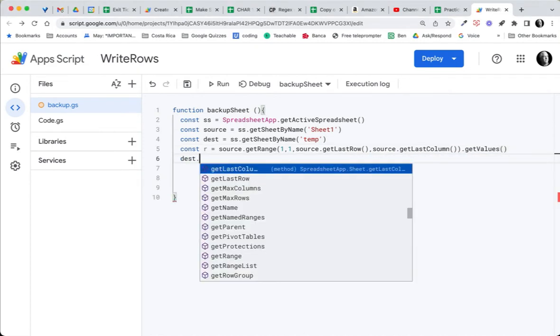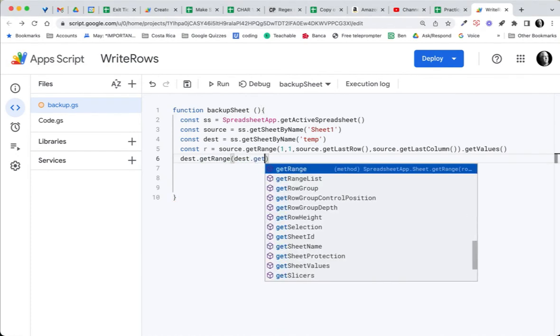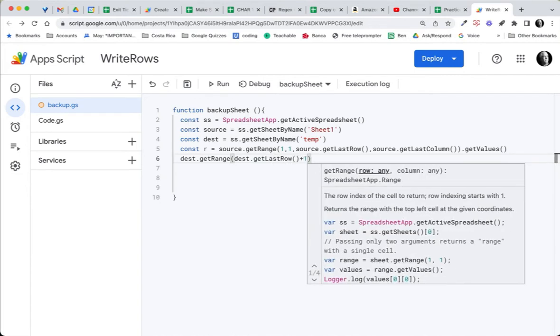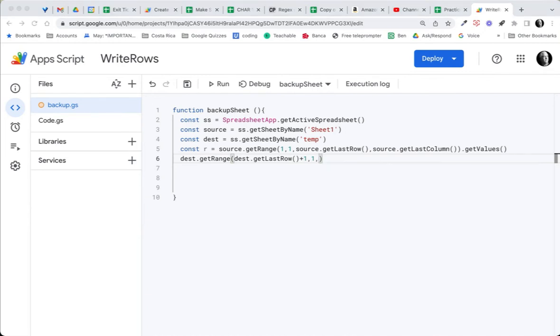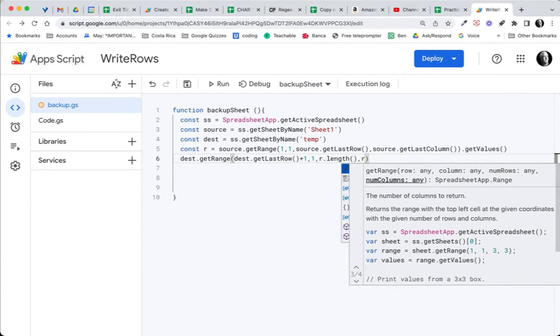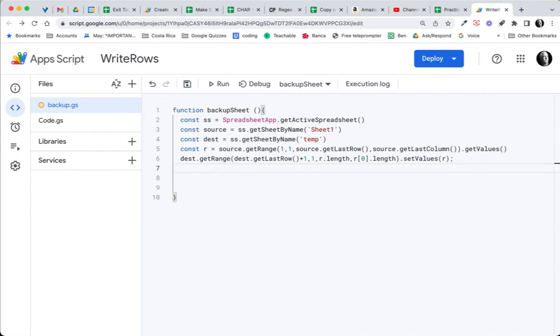And then what we're going to do is take that range, the destination range, we're going to set that up. We're going to get the last row plus 1. We're going to use the start in column 1. And we're going to get the length of the range. And we're going to get the length in columns of the range. And then we'll add dot set values. The values we'll set is R, which is the range, and which is the values we got with our const R. And then we'll go ahead and save,